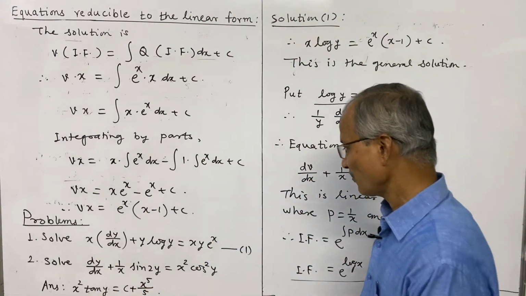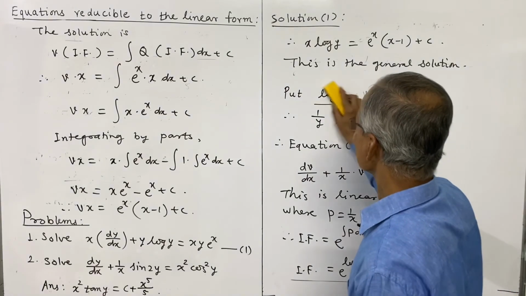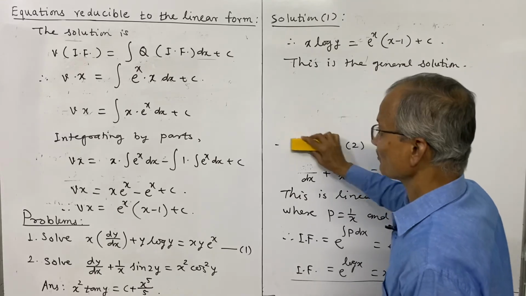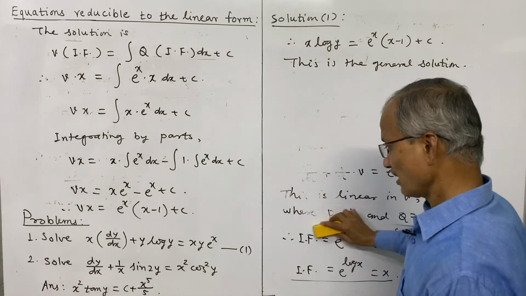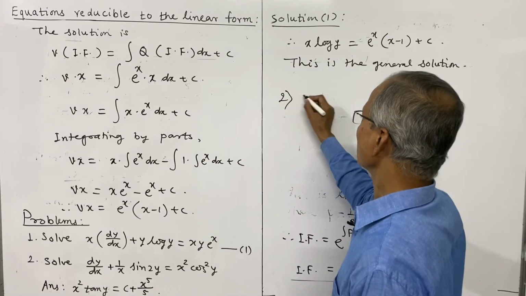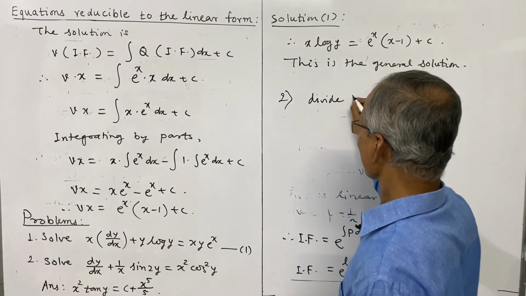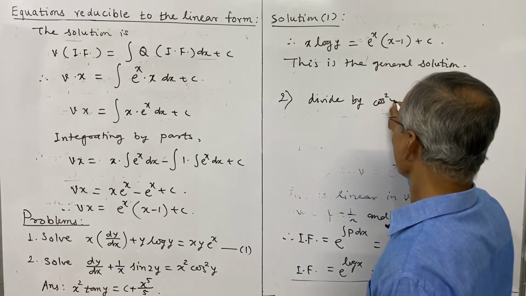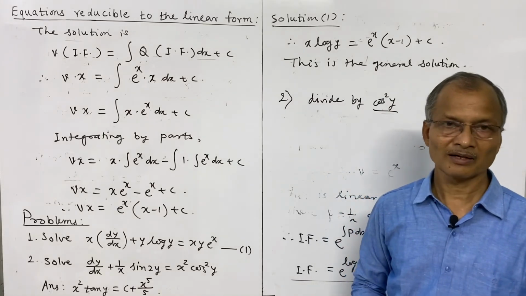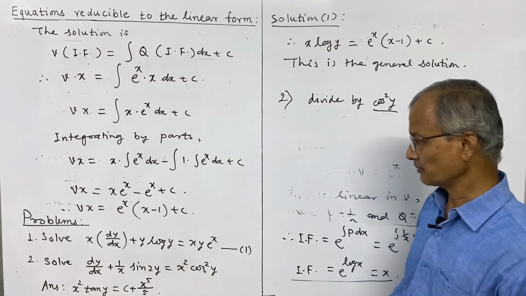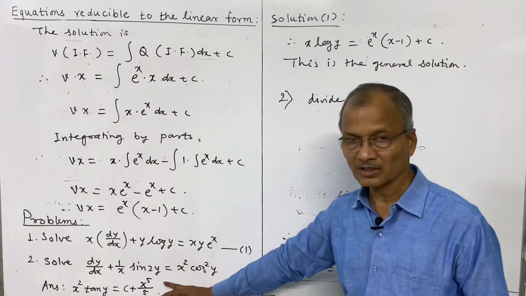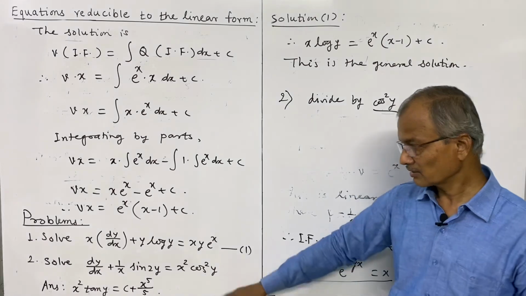Here for the second problem, what we have to do is, see the right side we don't want as any function of y, because right side must necessarily be a function of x, and for the second we have to divide by cos square y, and then convert the equation into the required form, and then reduce it to linear form. See the steps that we have done, and exactly similar steps you should do for the second problem. So please solve the second problem.